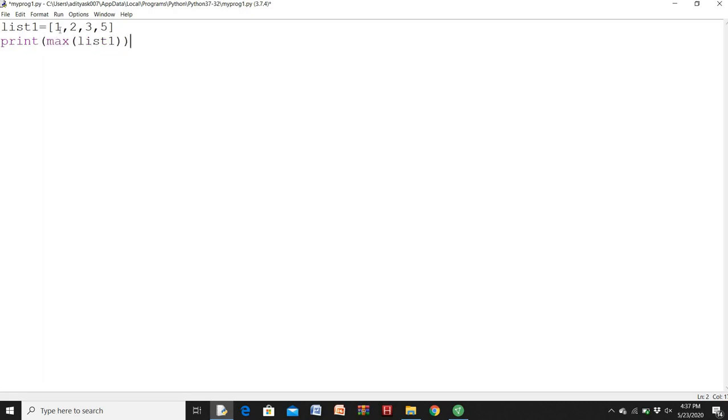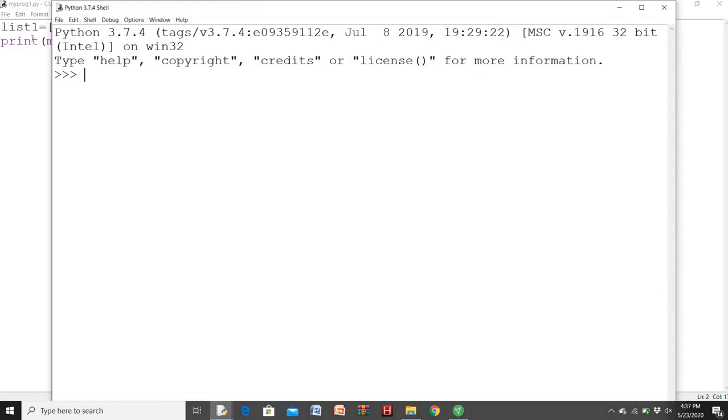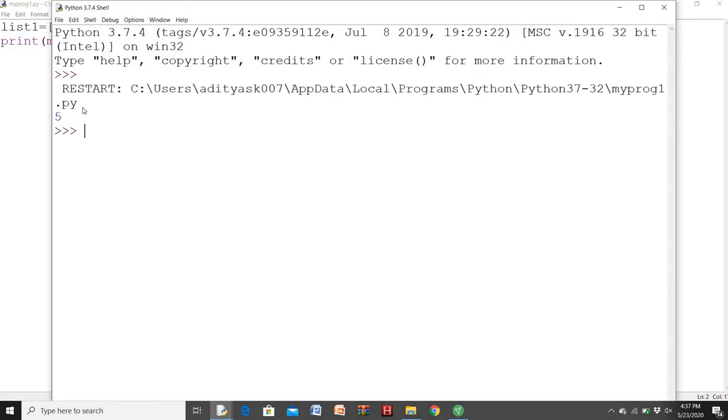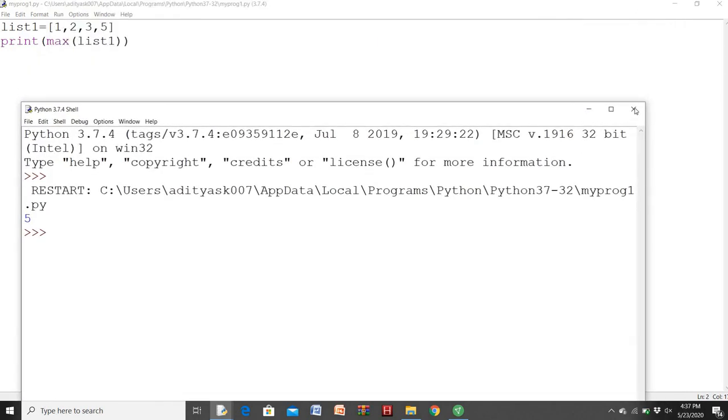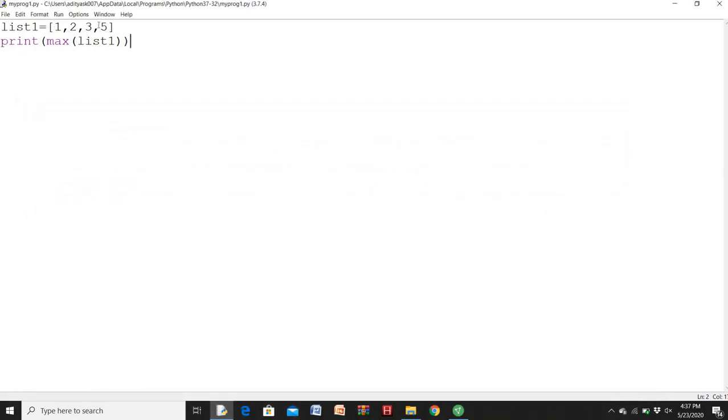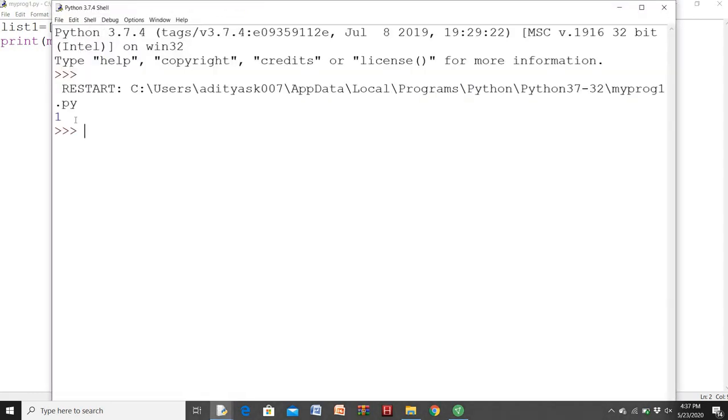One thing is, while calculating the maximum element, make sure that all the data are of the same type. If it is a number, let it be a number. If it is a string, let it be a string. For 1, 2, 3 and 5, the maximum element was 5. That is how it was able to calculate the maximum. For the minimum element, you can use the min function to find the minimum element present in your list,